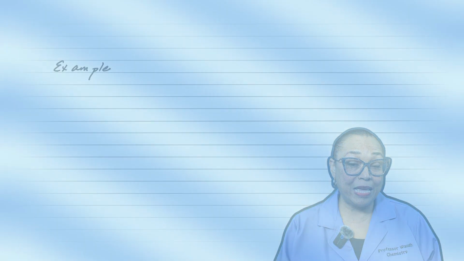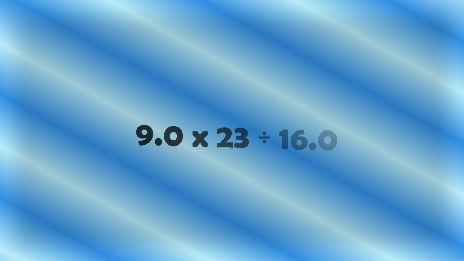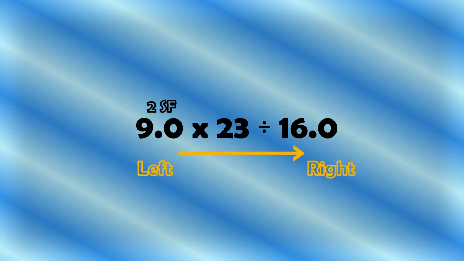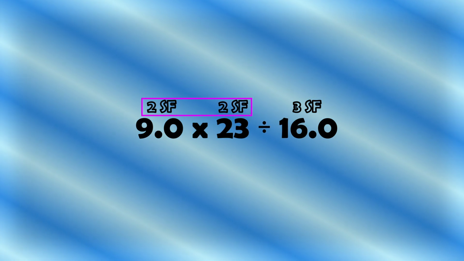Now here's an example. 9.0 times 23 divided by 16.0. So again, this is just multiplication and division in the same problem, just move left to right. So 9.0 has 2 sig figs. 23 has 2 sig figs. 16.0 has 3 sig figs. So our final answer must have what? 2 sig figs, which ends up being